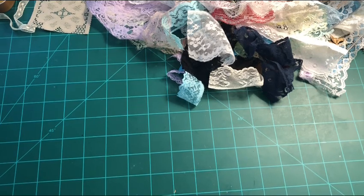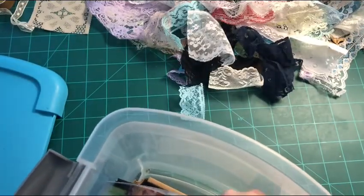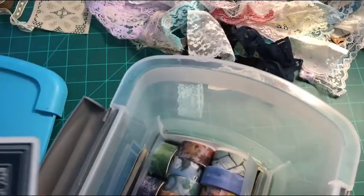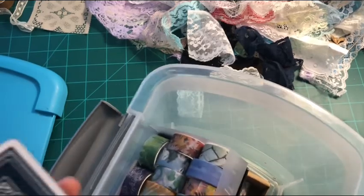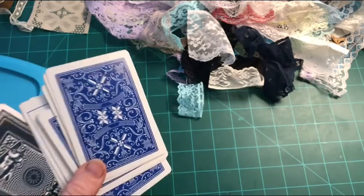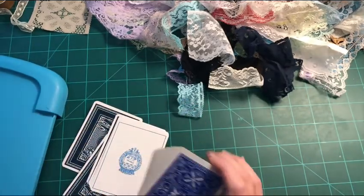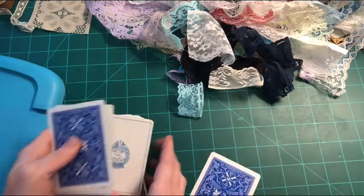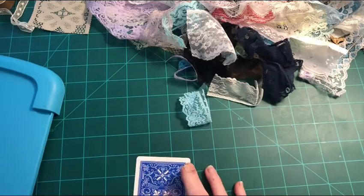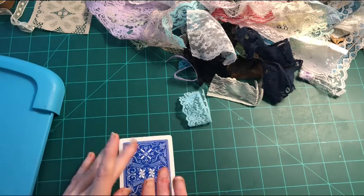Okay, who does not have a bunch of cards laying around? Okay, I do. Lots. And if you don't, you can go to the Dollar Tree and buy a pack that looks kind of like this. They're no longer $1 anymore, but you can take these. Well, let's just do it real quick. You can take one of these, and I would go ahead and get the area of this with,